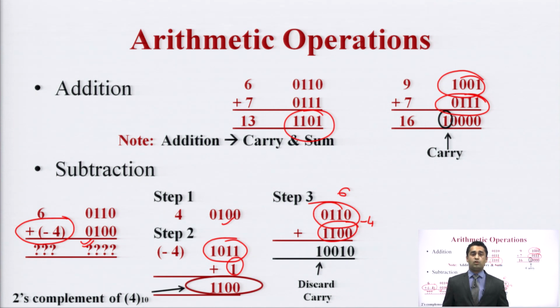If I am using a subtraction and there is a carry, it means the resultant is positive, and we just discard this carry. If there is no carry generated, then we have to take the complement of the same number and put a minus sign in front of this. So the resultant is positive 2.